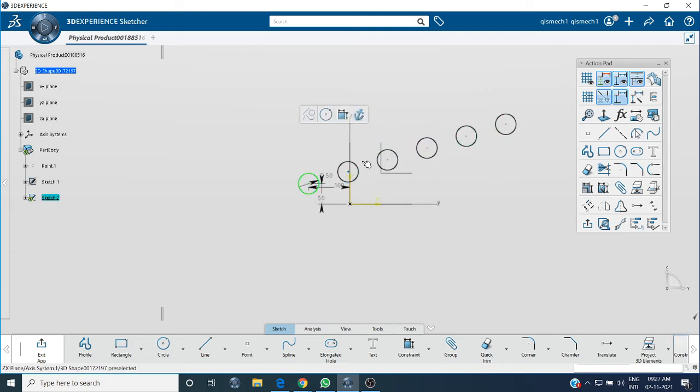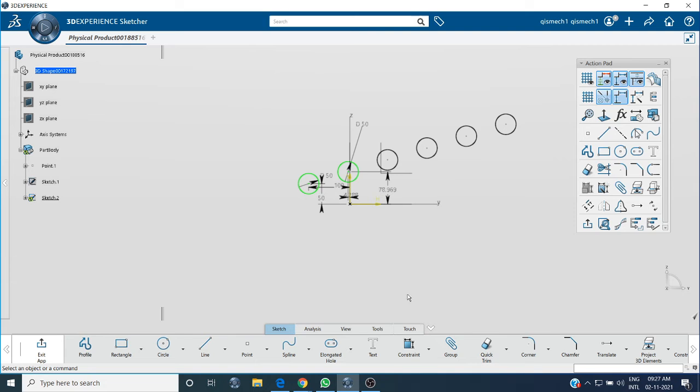You can make it iso constant. Okay, from the point to the vertical axis give the dimension. Then the same thing you should repeat.